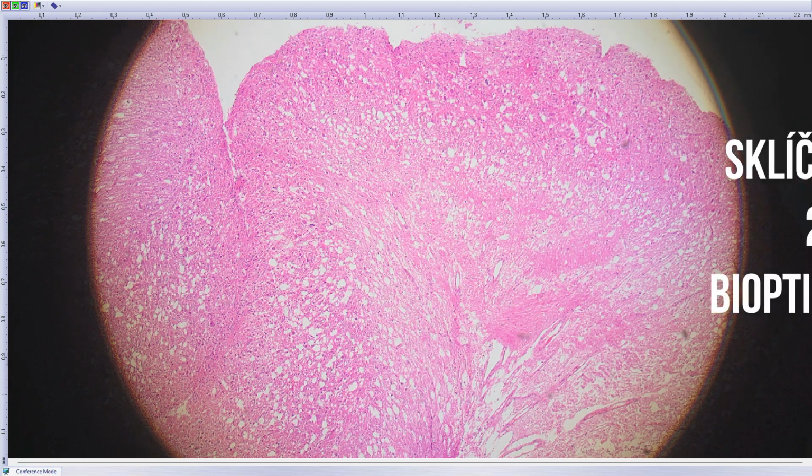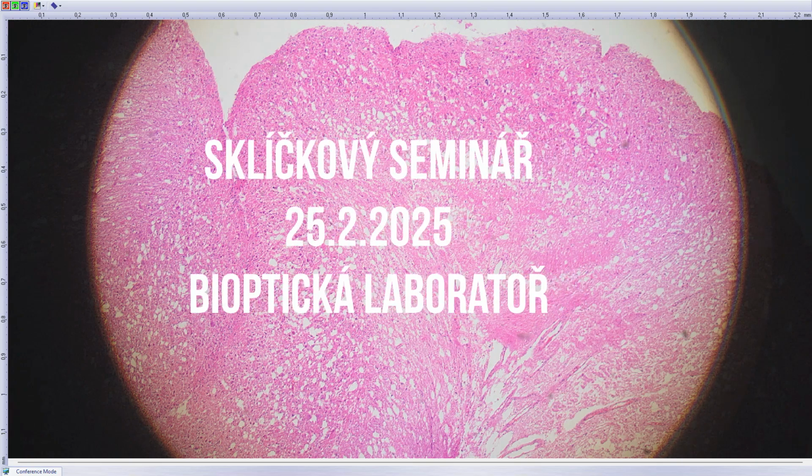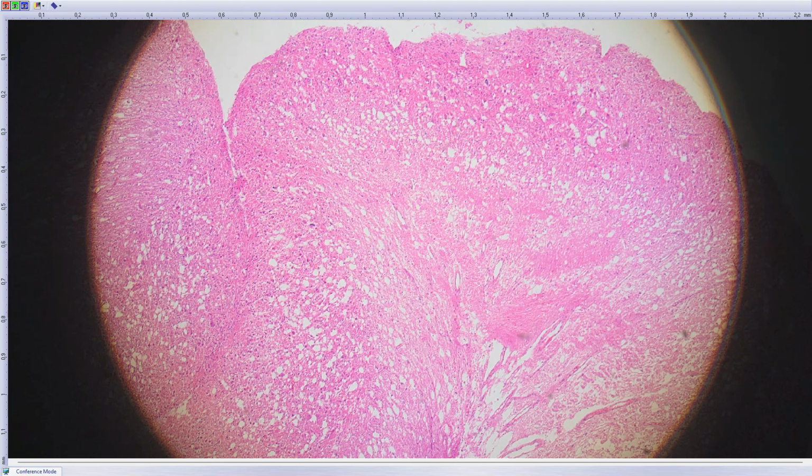Okay, hello everyone to another multi-head biopsy session. Today I've got several basic pathology cases and several interesting, mainly brain tumor cases. The first one is quite a rare